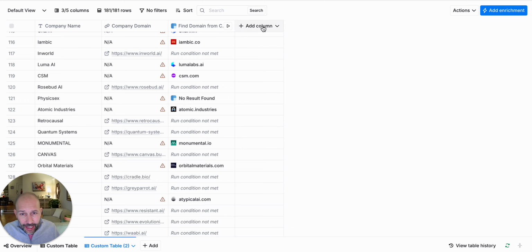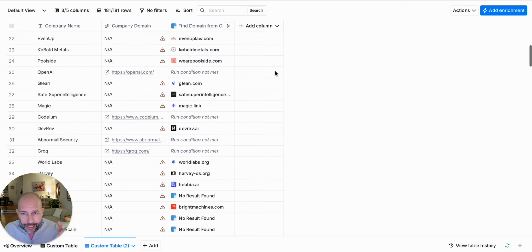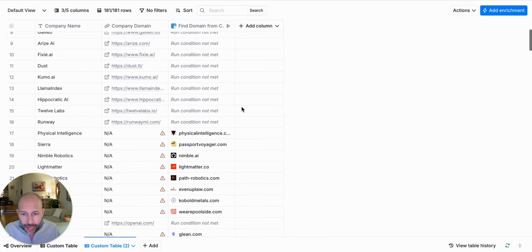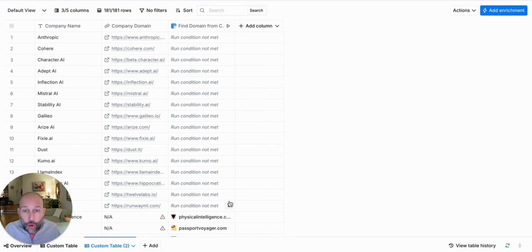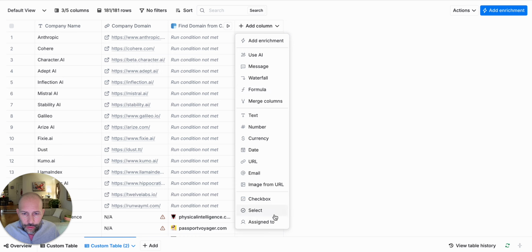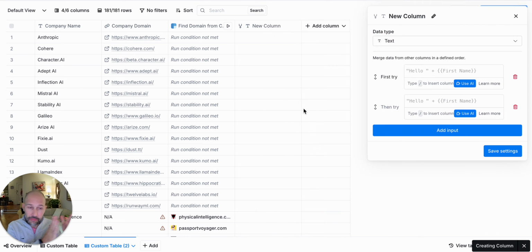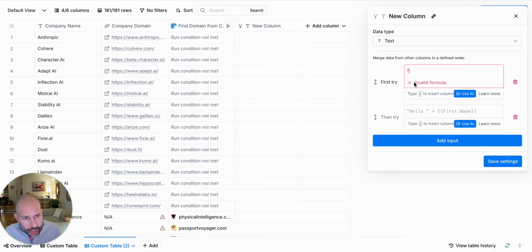But what actually is pretty cool is that you can use, of course, Clearbit for something like this, or Google, but in this case, I'm only going to build with the native tools. So I really want to find all the domains. And just to get an idea what we have, let's use another really neat feature here, the merge columns, because what that does is it merges columns. And let's start with the first one,